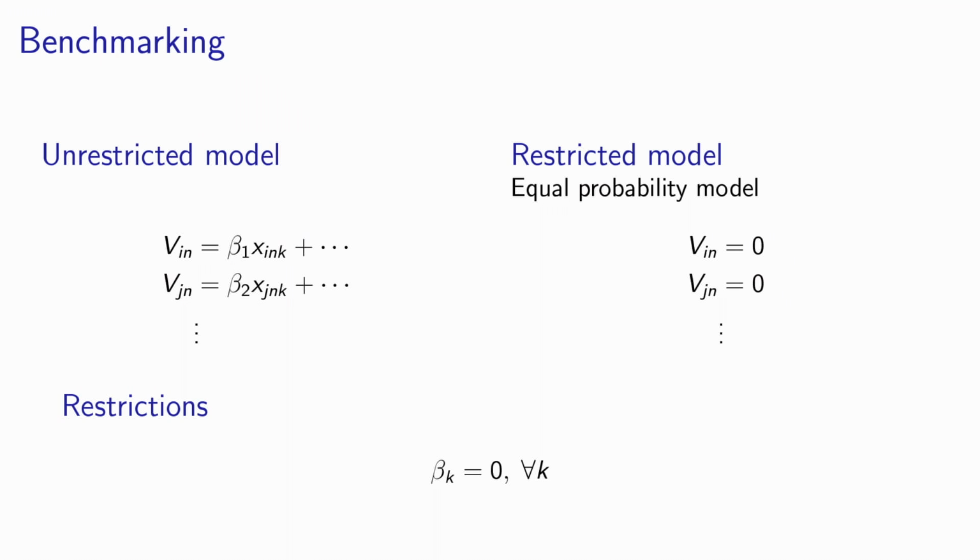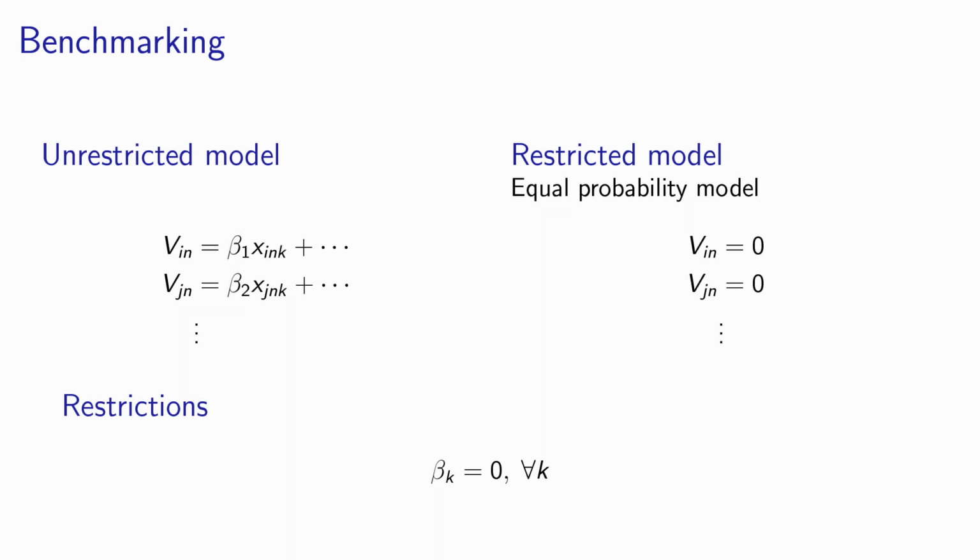The first application of the likelihood ratio test is benchmarking. The motivation is that there is no universal goodness of fit measure for a choice model. Therefore, the only way we have to check the quality of a model is by comparing it to another one. And in the context of benchmarking, the other one is a very simple model that is used as a base case. So in our setup, the unrestricted model is our model that we would like to test with the specifications that we have provided. This one.